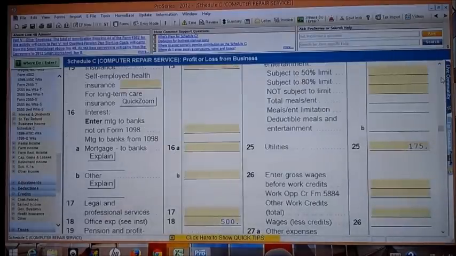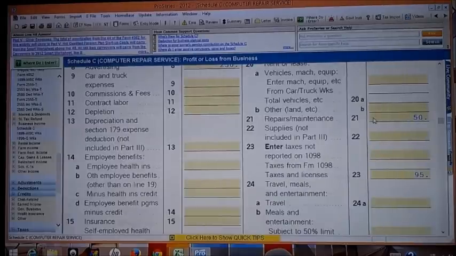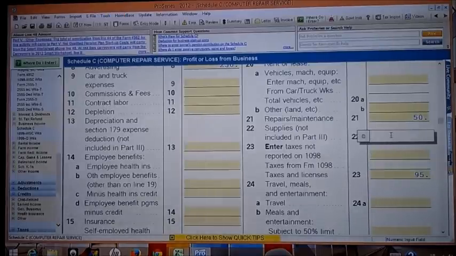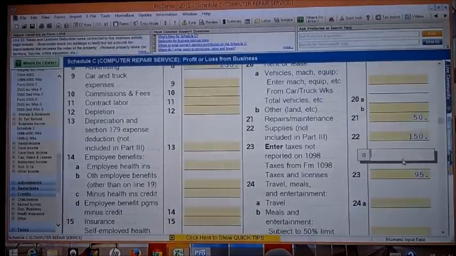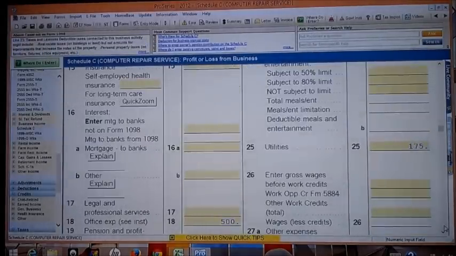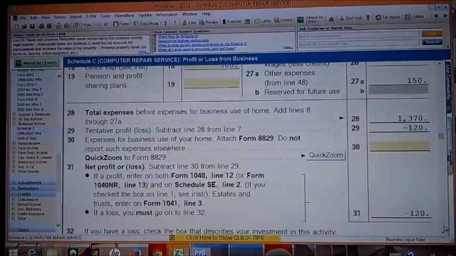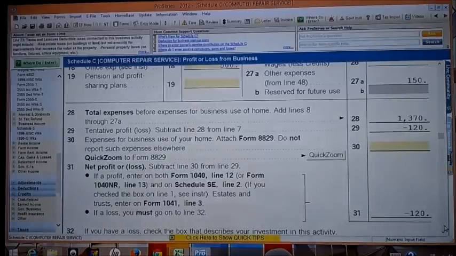Supplies expense. Where is the supplies? Right here, supplies. Not listed in part 3. We don't have any other supplies, so supplies at 150. Alright, so we have the negative 120, the loss. Now, even though we have